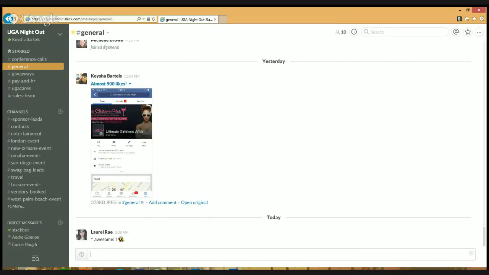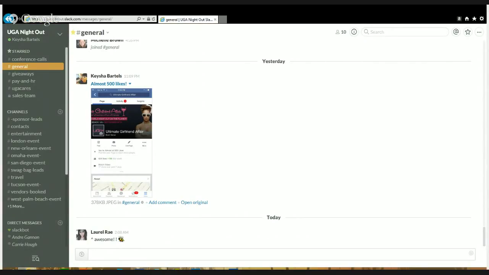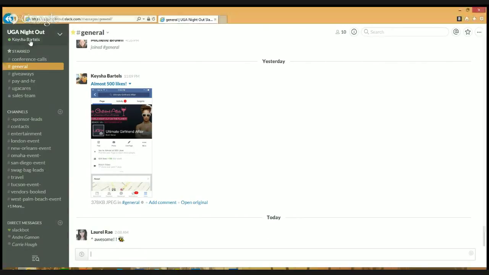So off to your left here, you can see my name and I kind of highlighted it a little bit. Give me just a second. Let me make sure that it's on the right one. Okay, I've highlighted my name and your name should be at the top. Right at the top, you have starred. What that means to you is that these are the important channels. So when you're looking for something other than the other channels that we have, it will more than likely be